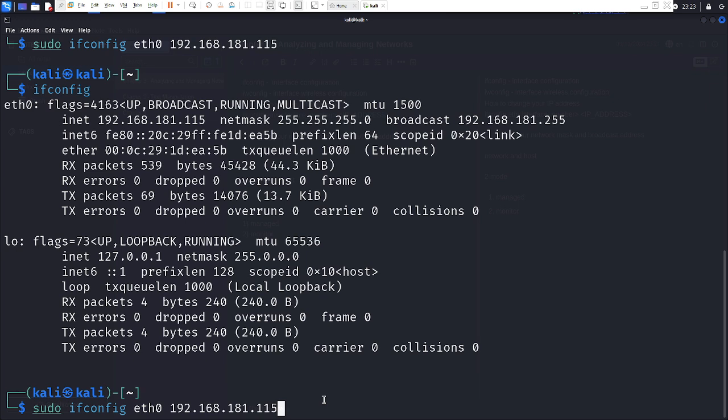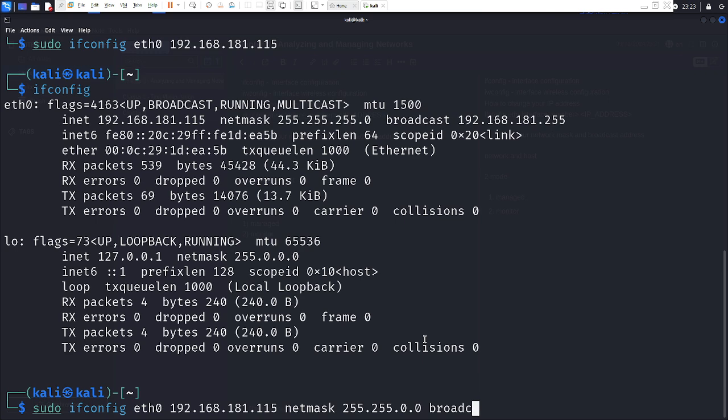So yeah, after doing this, now you have to change your net mask. So what will I type? I will simply type netmask, and then I will enter the netmask. Here I will again change only the third octet, so I will do 255.255.0.0. And now I want to change my broadcast address, so I will simply type